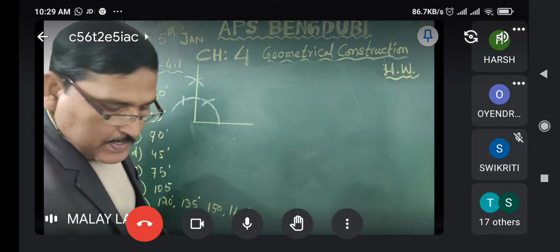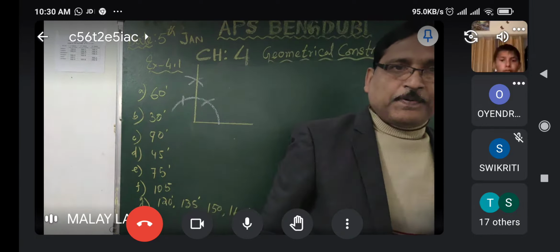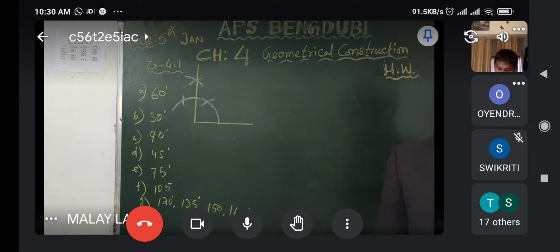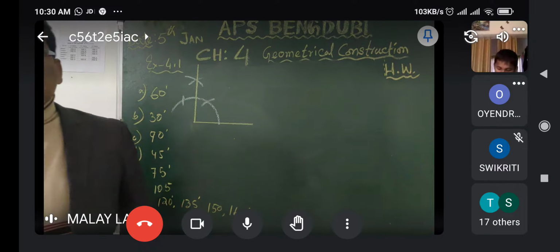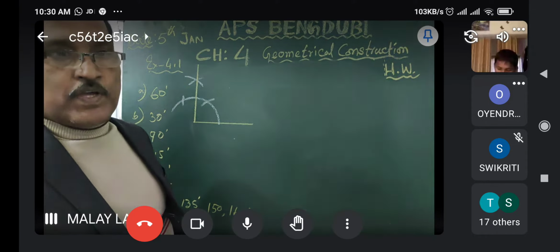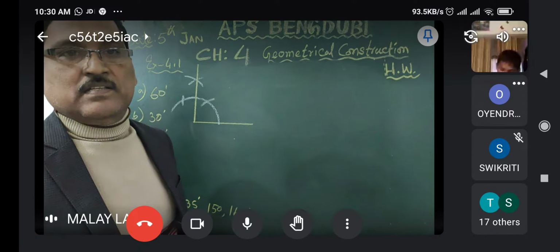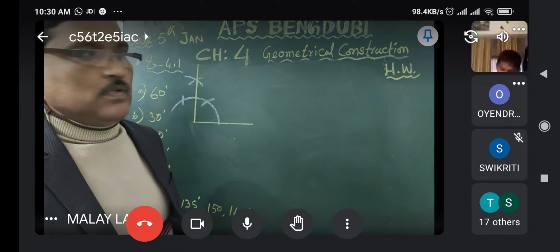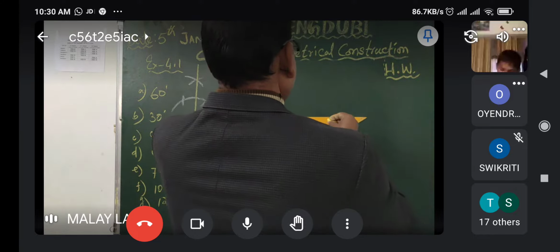I have to draw what? 45 degree. So for 45 degree, first of all I have to draw 90 and then make it half. Half of 90 will be 45 degree. So 45 degree directly नहीं होगा. आप कौन सी एंगल बना पाओगे using compass? The angles which are multiples of 15, that type of angle I can draw. Okay. So now draw a line segment.